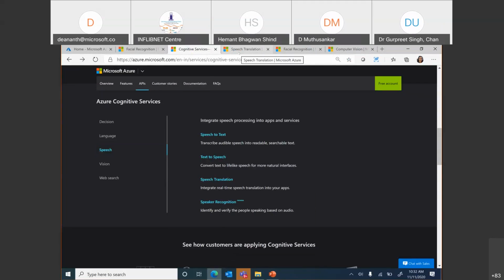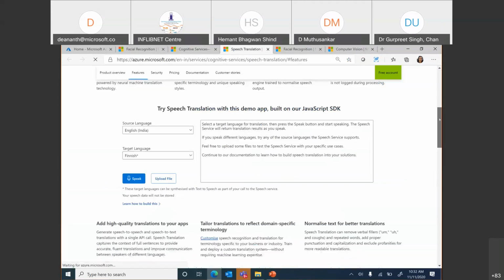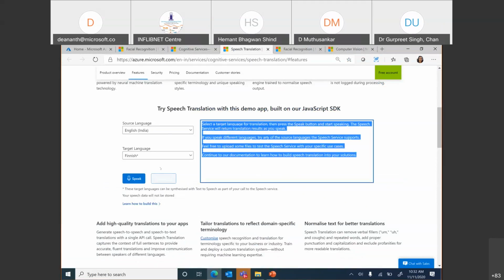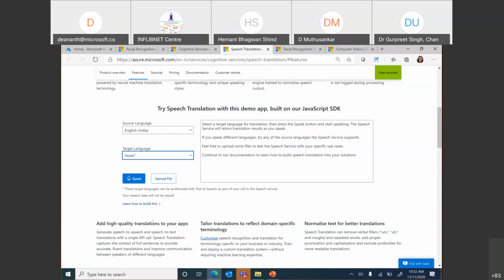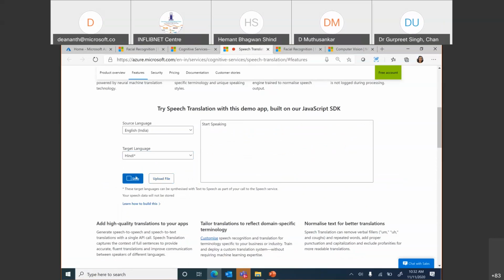It can easily convert from one language to another. So if I say, okay, I need to speak and there is a target language. So this is the typical case where we want a call center to support different vernacular languages, and what happens? Hey, I would want to block my credit card. Can you help me with it? Yes. अरे मैं अपने क्रेडिट कार्ड को ब्लॉक करना चाहता हूं, क्या आप इसके साथ मेरे मदद कर सकते हैं? So happening in real time, right?